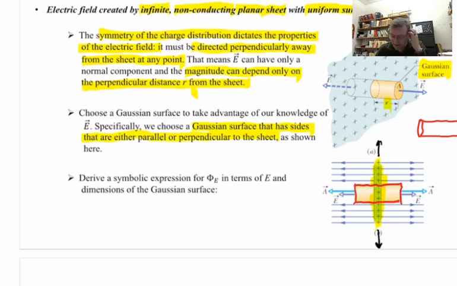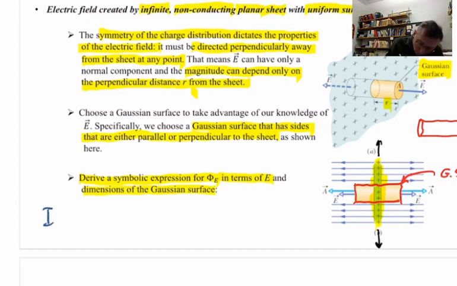Okay? And that's the Gaussian surface we're going to use. And our next task, once we've chosen the Gaussian surface, GS, is to derive a symbolic expression for the electric flux in terms of the electric field magnitude and the dimensions of the Gaussian surface. Remember, the end caps have area A, whatever that might be. So what we have to do to figure out the expression for the electric flux, well, is we start with what that means,